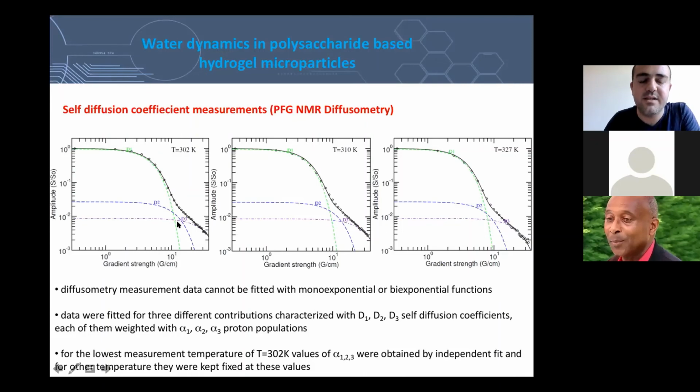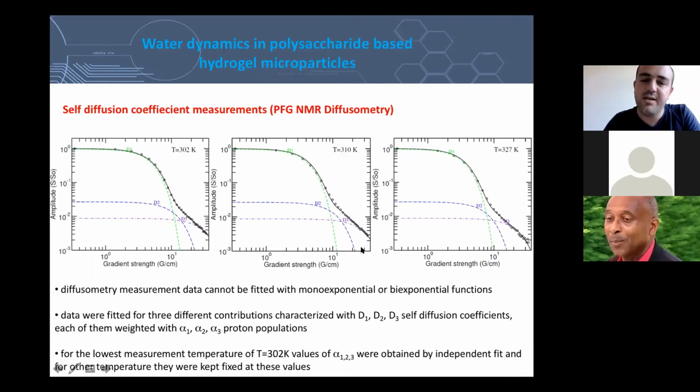So these are the results of the diffusometry measurements. As you can see, it is repeated, performed at 3 different temperatures. And the first thing that we see is that the diffusometry data cannot be fitted with mono-exponential or bi-exponential functions. So we were able to fit the data with 3 different contributions characterized by D1,